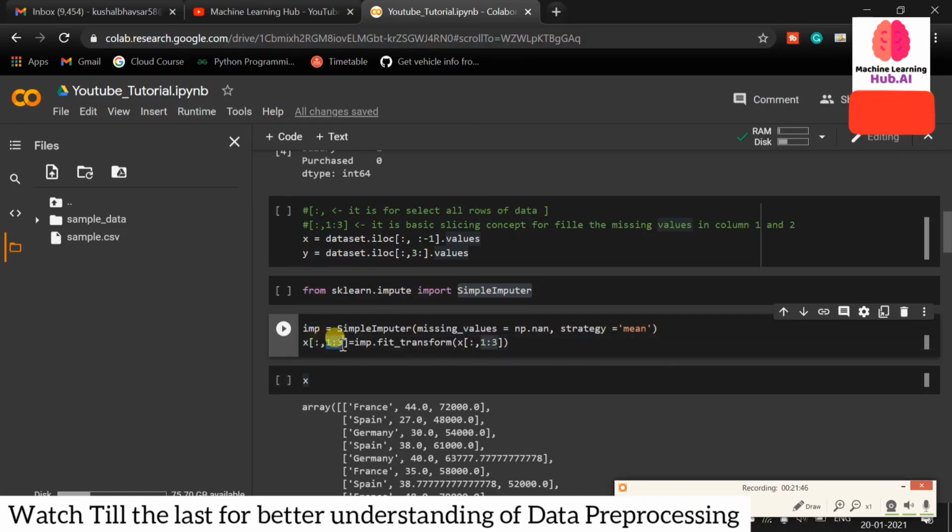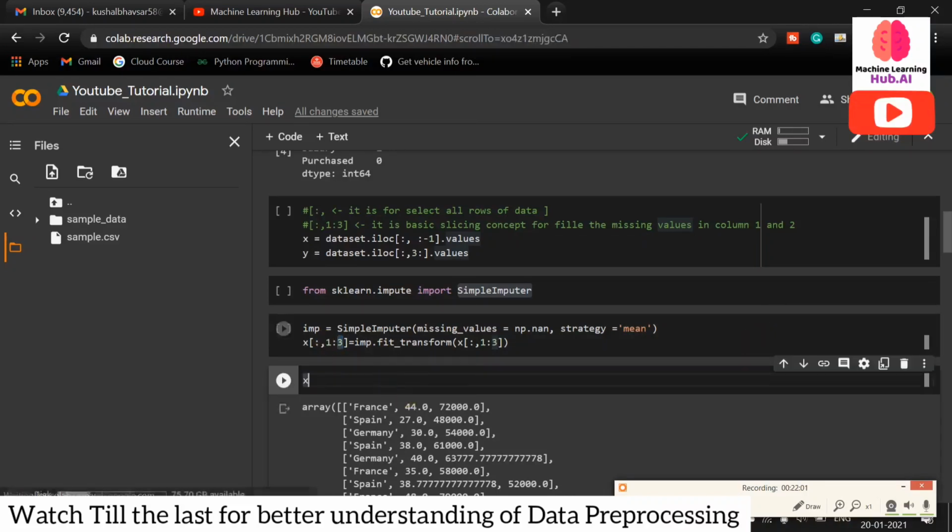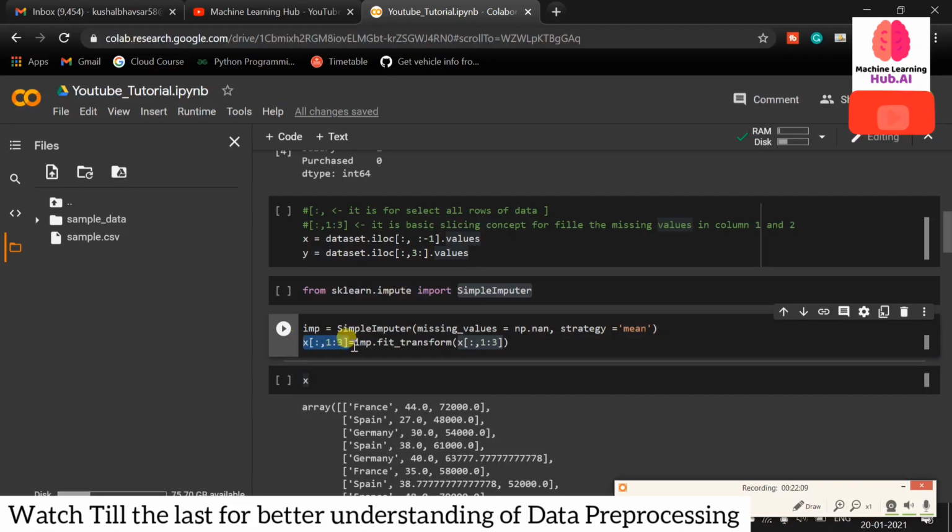So on this, 1 2 3, basically on the right side you will always get the result up to n minus 1. If you select column 1 to 4, then you will get the result in columns 1, 2, 3. So basically I want to include the first and second columns, so that's why we have written 3 here. So in the original x, columns 1 to 3 will be stored. Here we are storing into our original data, but now there is one method called fit_transform, so it will automatically fill the null values. On which data we are filling the null values, we have to copy this and write here.